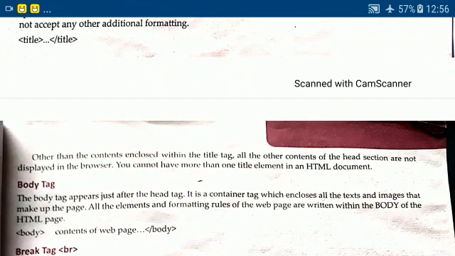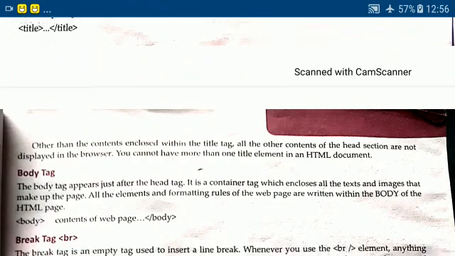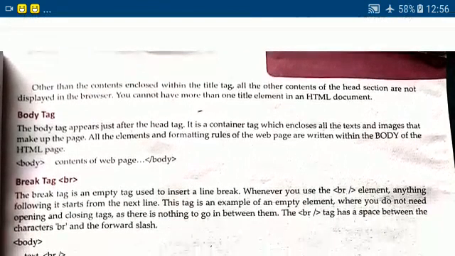So after closing the head tag, what will we start now? We will start our body tag. The body tag appears just after the head tag. It is also a container tag which encloses all the text and images that make up the page.